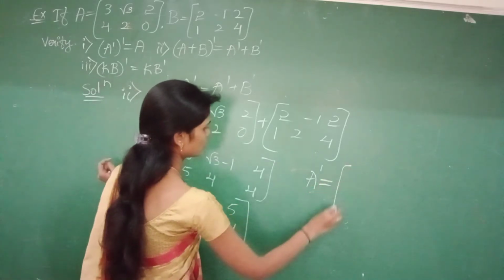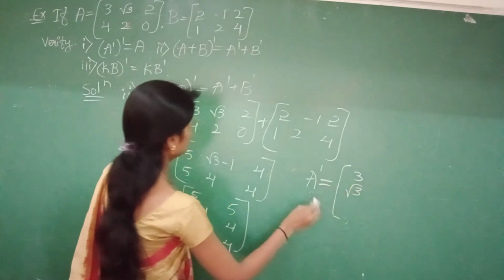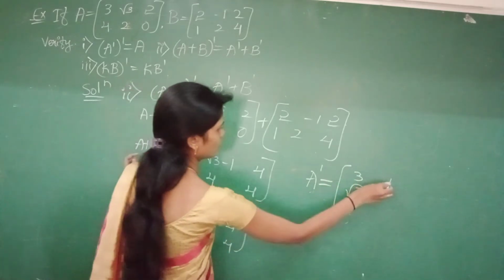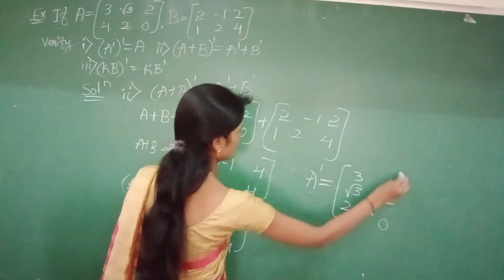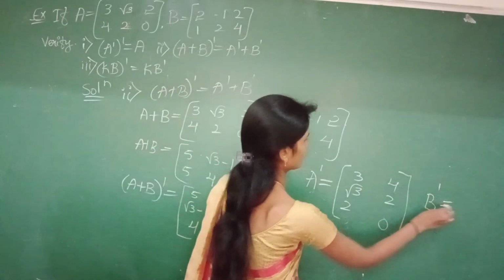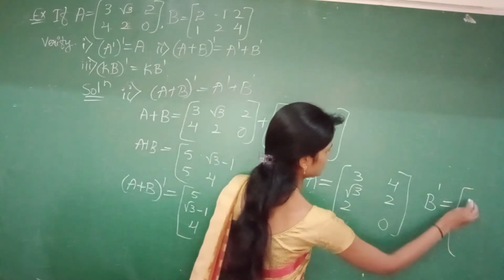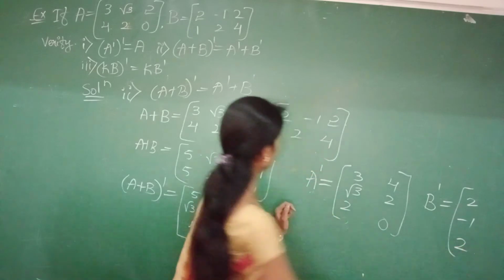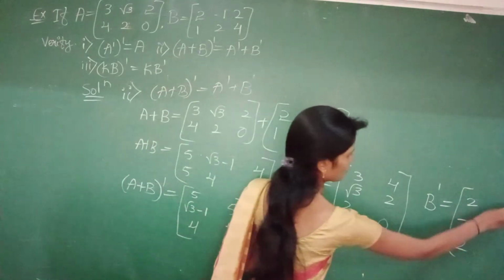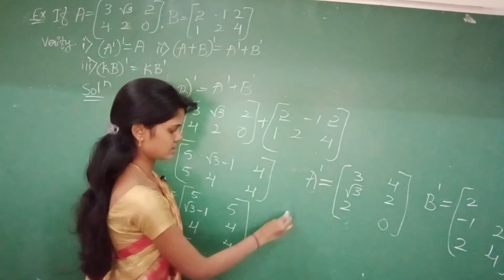So interchanging the rows and columns, [3 root 3 2; 4 2 0]. And what is B'? B is [2 -1 2; 1 2 4], interchange it, and add these two, that is A'